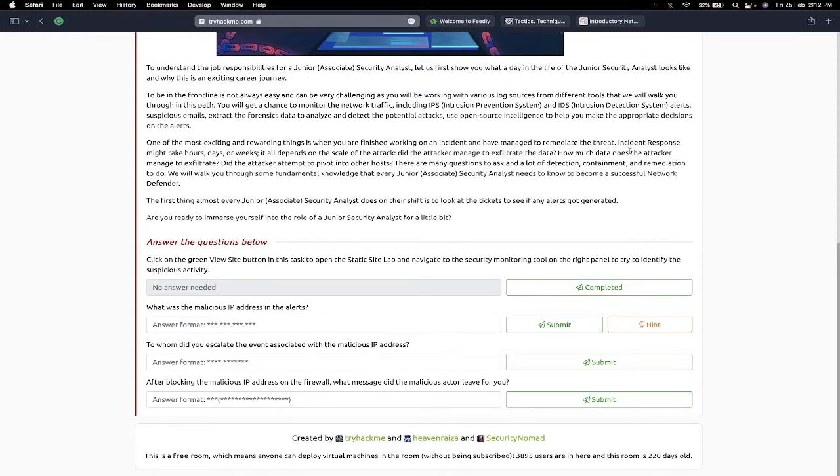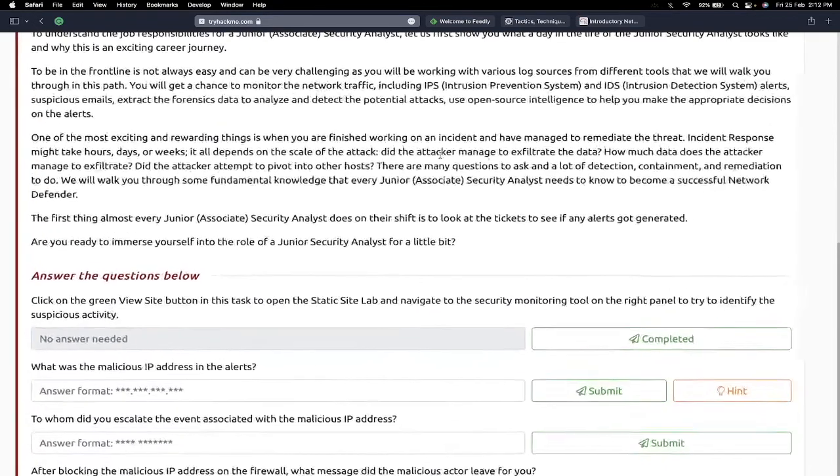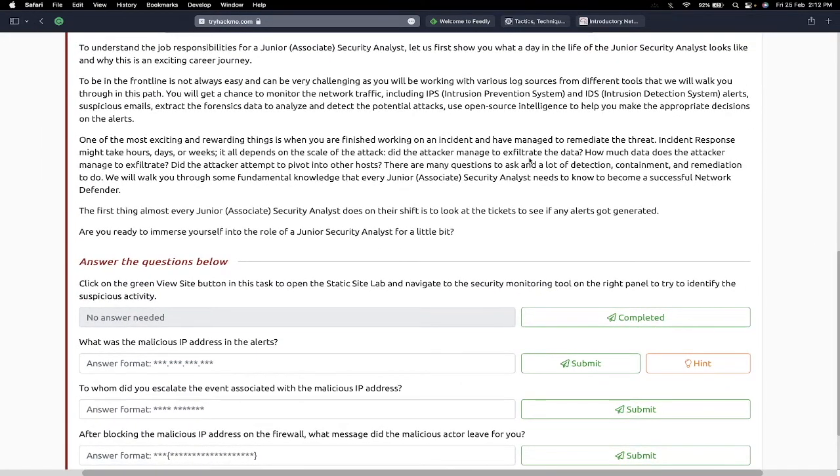to remediate the threat. Incident response might take hours, days, or weeks. It all depends on the scale of the attack and how the attacker managed to exfiltrate the data. How much data did the attacker manage to exfiltrate? Did the attacker attempt to pivot into other hosts? These are many questions to ask and a lot of detection, containment, and remediation to do. We will walk you